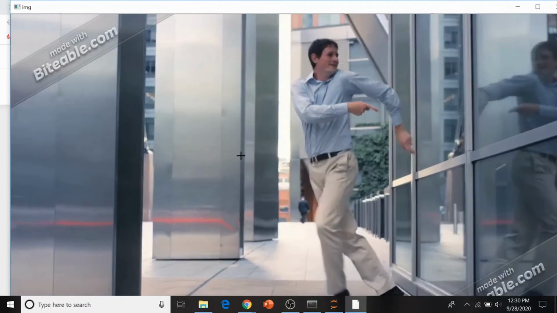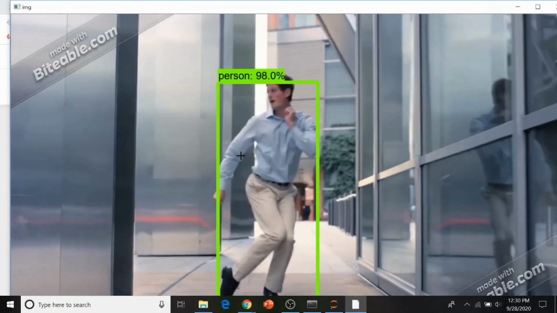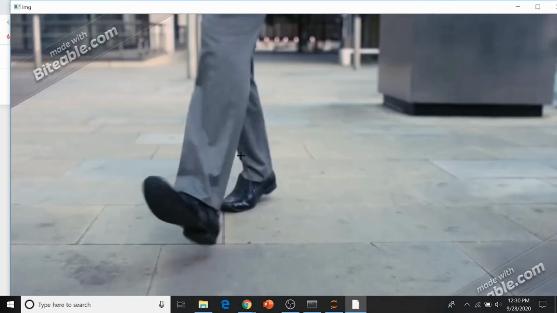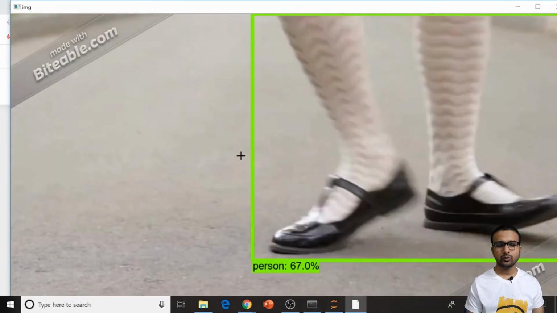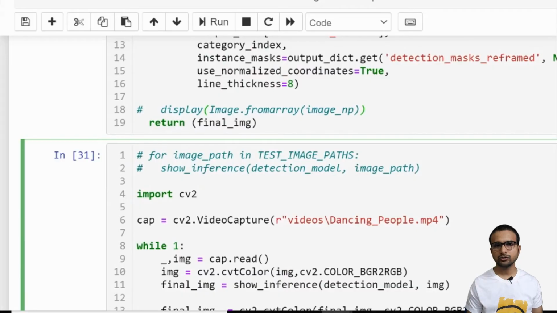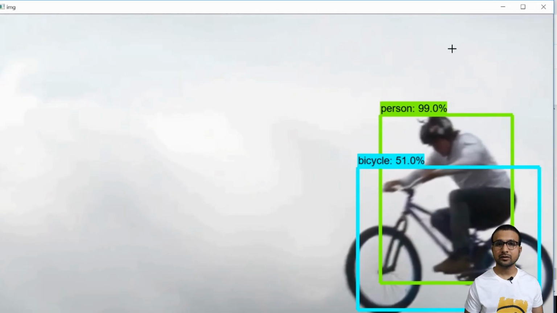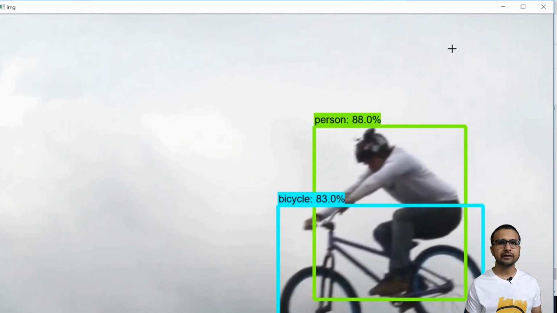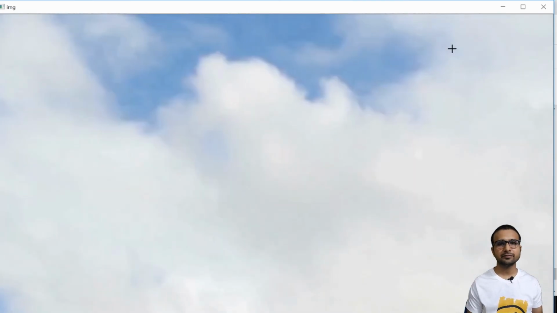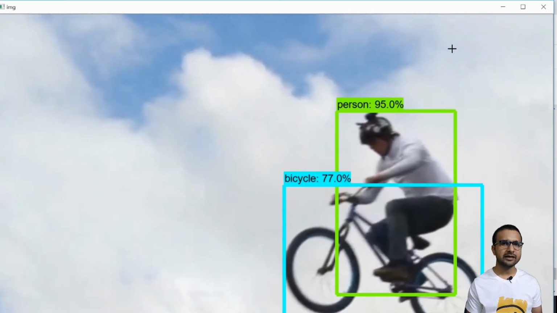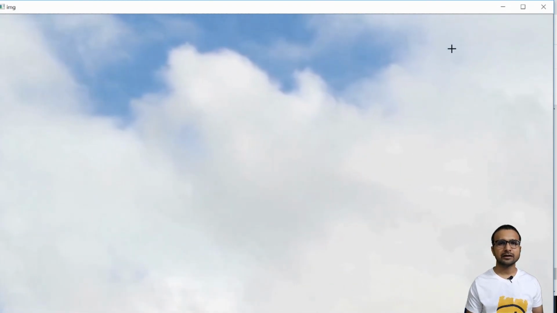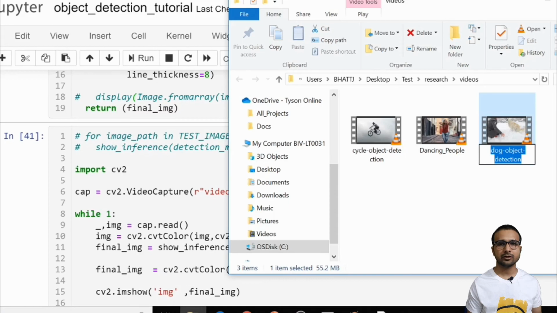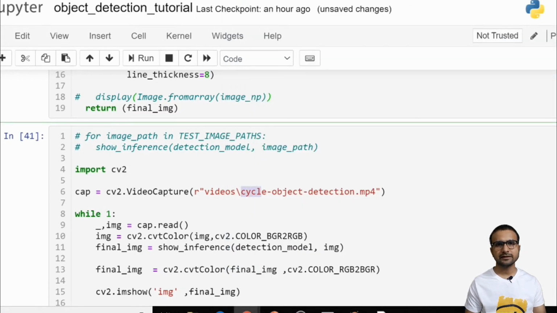This will be a little slow because of the processor we are using, and you can see that it is detecting the person pretty well. So guys, one more thing, this may be pretty slow while you are running it on your window. It's because you are running it on CPU, and on CPU these inferences may take a higher time compared to running it on GPU, because this takes huge processing power. At the same time you are reading the video, and also detecting the objects. But if you have a good CPU like i7 or i9, you will be able to run these videos very smoothly.